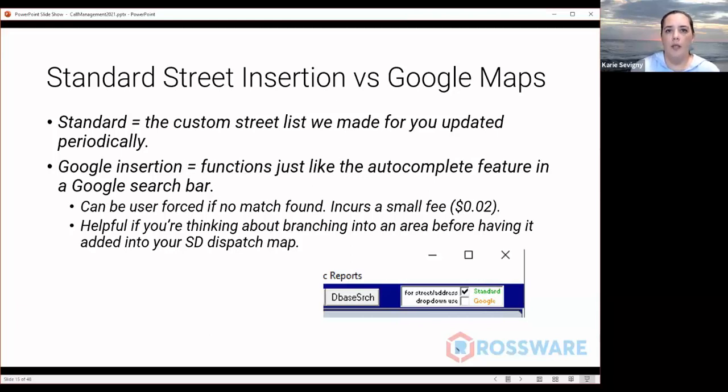But it functions just like the autocomplete in Google. So you can type in 231 Bedford Lane, and as you type, Google will look for all the Bedford lanes, and it'll make the suggestion for the one closest to you. So this is great and handy, especially if you're looking at doing something outside of what your normal service desk territory is, or maybe if you're considering branching out into a neighboring area